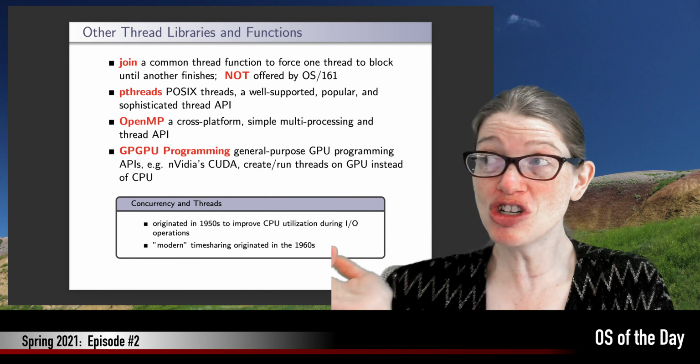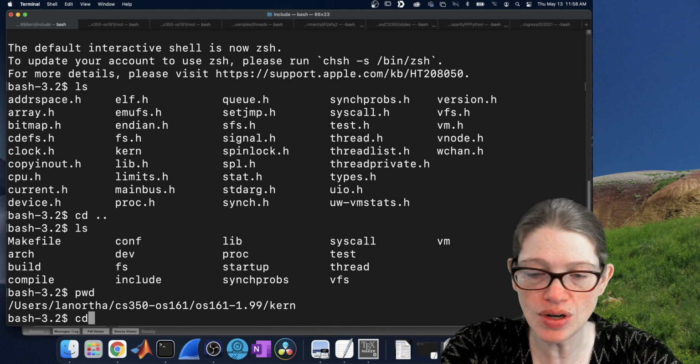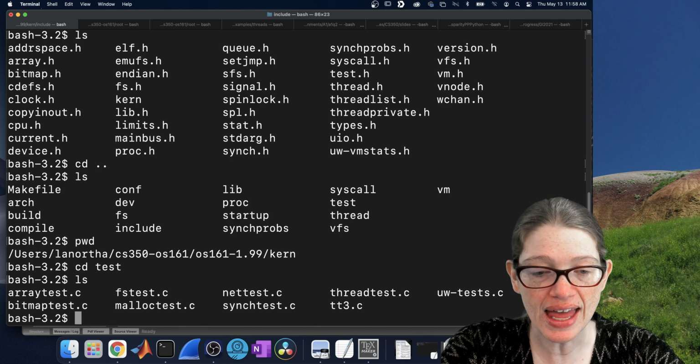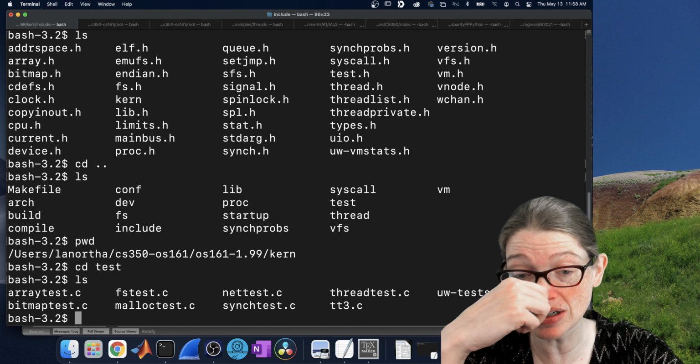All right, so I'm going to open up a terminal here, and we're going to actually look at some code for OS 161. So first off, let's switch to Bash because no one wants to use ZSH. And I don't care if that's the default. Where I am right now is in the OS 161 kern directory. All of the development you're going to be doing this term for OS 161 happens in this directory. So we are actually going to go into test. And inside of test, I am going to open up